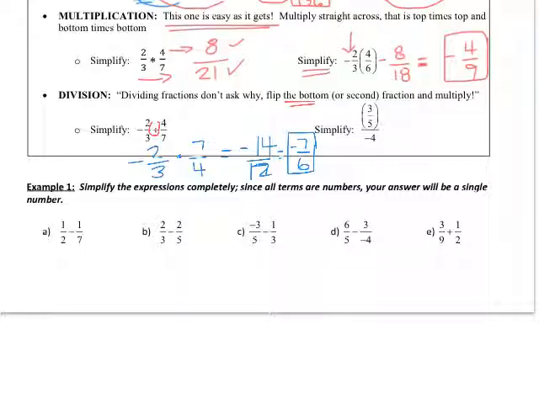The last problem here in the box, I have a -4 on the bottom, but if you recall, any whole number has a 1 underneath it. So if you see something in this form, remember that you can add that 1 under there. It doesn't change the number at all. It's allowing you to now flip that whole number, and when you multiply, it's going to become -1/4 that you're